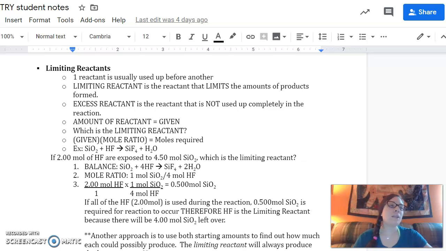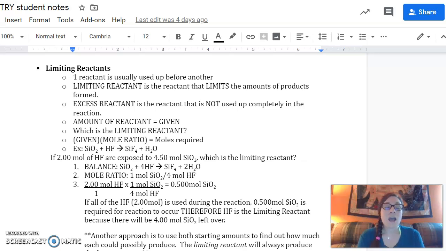So if you think about it like you are, let's say, making pancakes. I use a pancake recipe that calls for 1 1/4 cups of flour, and it calls for 1 egg, and it calls for a cup of milk, and it calls for a tablespoon of baking powder and a tablespoon of sugar. And so let's say I want to make as many pancakes as I can with the ingredients that I have. And I only have 1 1/4 cups of flour, but I have endless amounts of all the